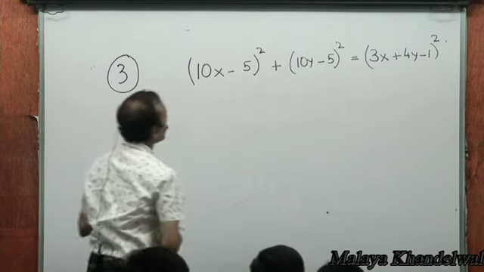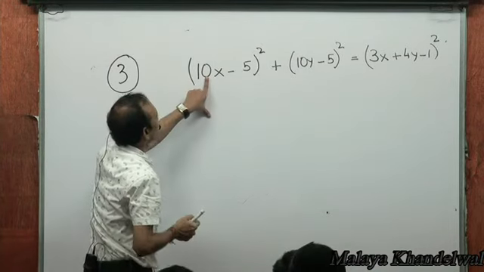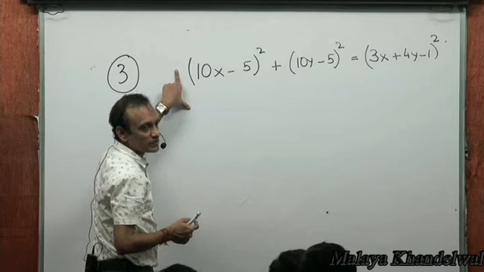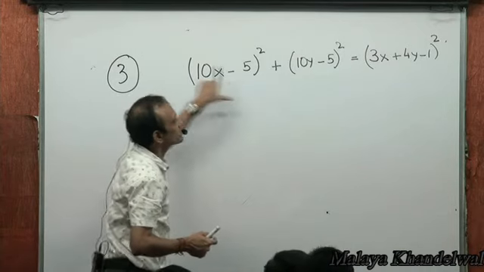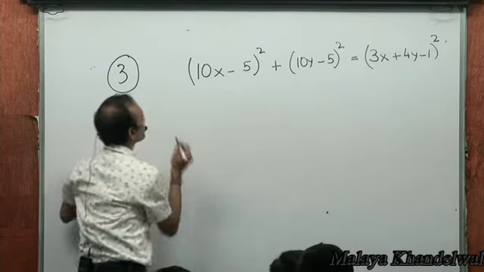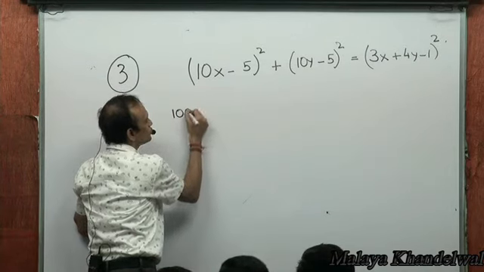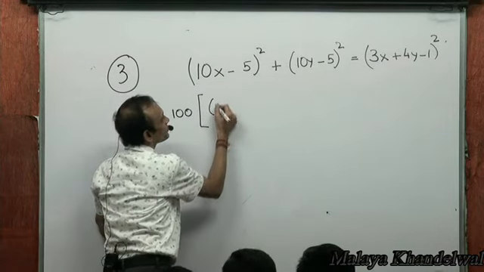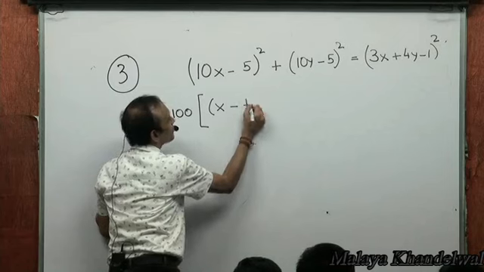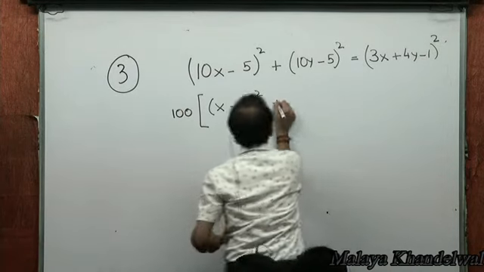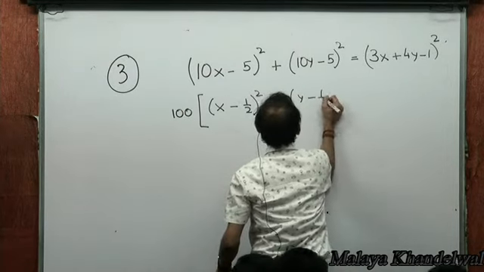Okay. Now what I do is I take 10 common from this. When it comes out, it will become 100. Same thing I do here, right? So 100 into (x minus half) whole squared plus (y minus half) whole squared